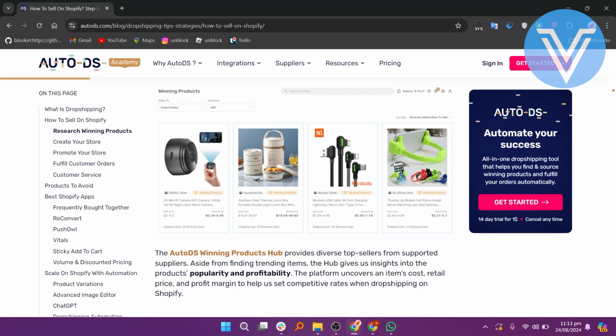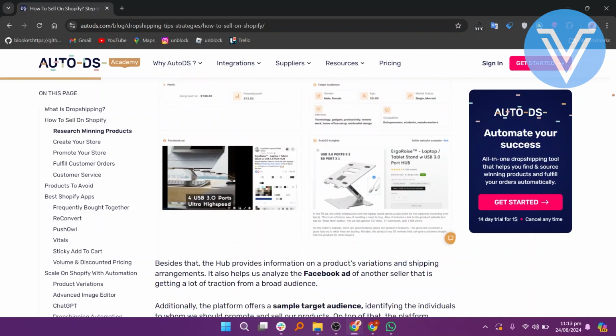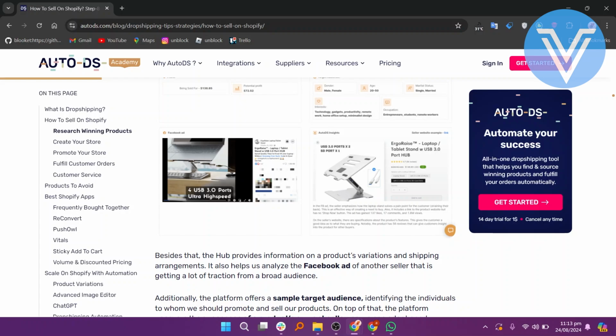The Autods Winning Products Hub provides diverse top sellers from supported suppliers. Aside from finding trending items, the hub gives us insights into the product's popularity and profitability. The platform uncovers an item's cost, retail price, and profit margin to help us set competitive rates when dropshipping on Shopify. It also helps us analyze the Facebook ad of another seller that is getting a lot of traction from